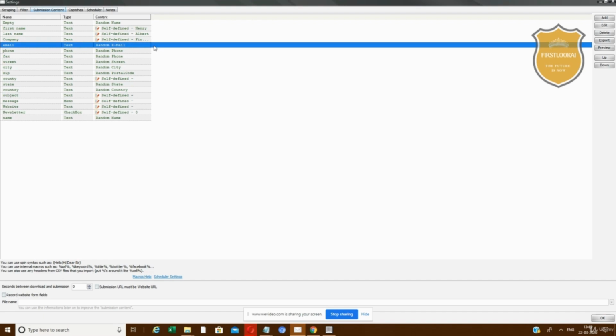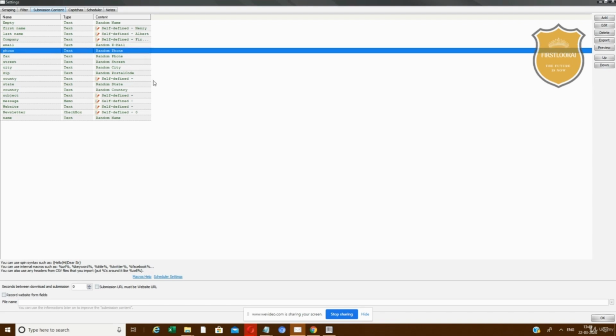And then email. Random email. So if you give your own email, your email will be flooded with messages. But if you want real clients, you have to give your own email. Real clients, like who want to contact you, give your own email. Same, self-defined. Random phone number or your phone number, you'll be flooded with calls. You get hundreds of calls, right, Charanya?